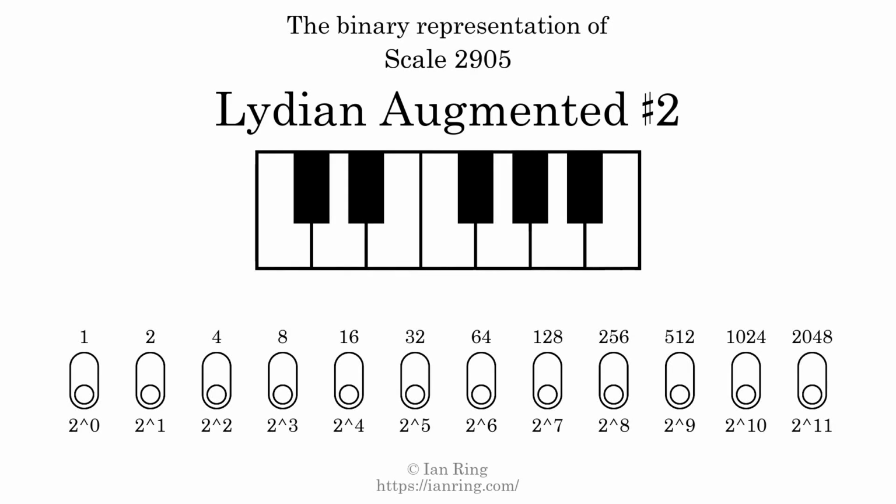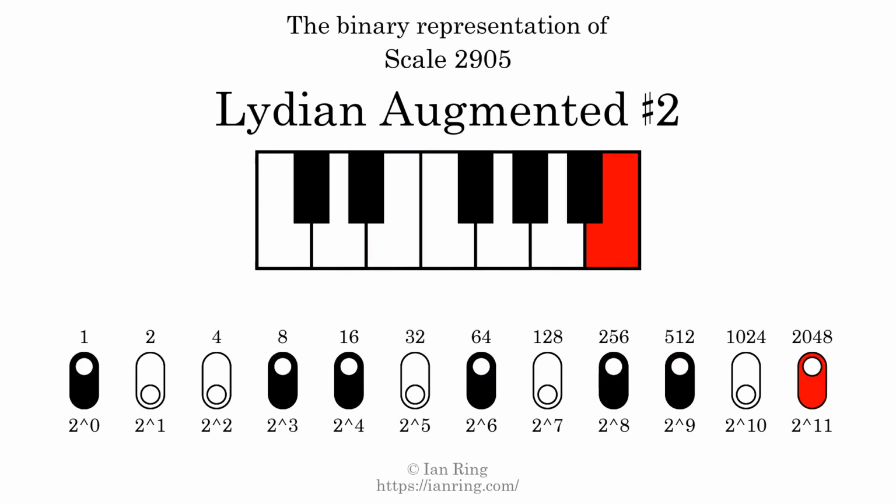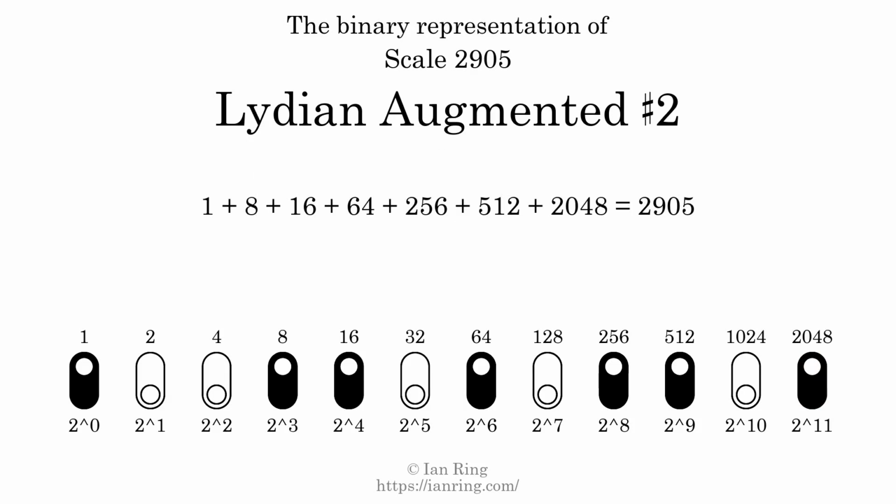The binary representation of this scale is determined by mapping tones of the scale to binary digits. Each binary digit represents a power of 2. To get the scale number, we add the powers of 2 together. The powers of 2 that are present in the scale, all added together, equals 2905. That is why the scale number, in decimal, is